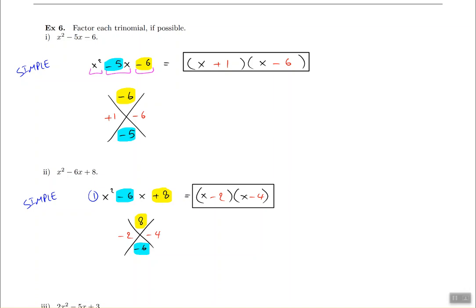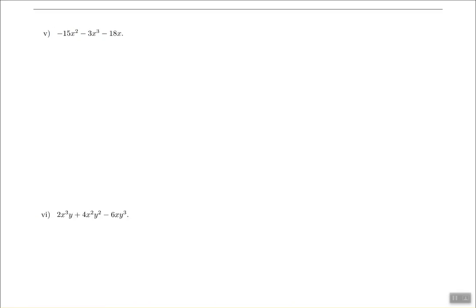So as you can see, factoring is not terribly difficult as long as you approach with a plan. So the plan is, what do you do when you have 2 terms versus 3 terms versus 4 terms? And each one of those have an answer that we already answered in this section. So at this point, let's continue example number 6, and we have negative 15x squared minus 3x cubed minus 18x